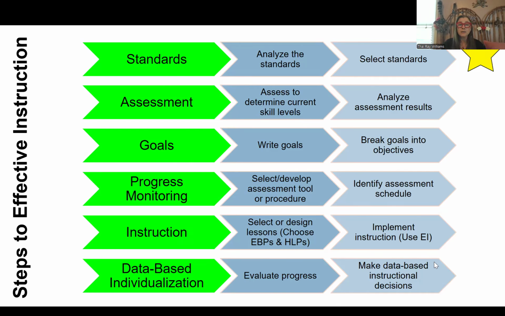All right, we're going to be thinking about that data-based decision making, that data-based individualization. And so when I think about that data-based individualization, I got to make sure that I'm evaluating my students' progress, that I'm collecting data, I'm progress monitoring consistently over time. And then once I do that evaluation, I am analyzing that data. And I'm making data-based instructional decisions based on the data that I